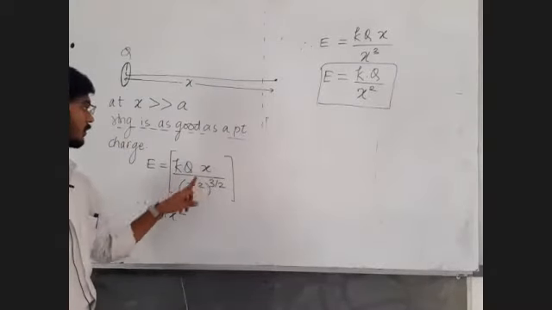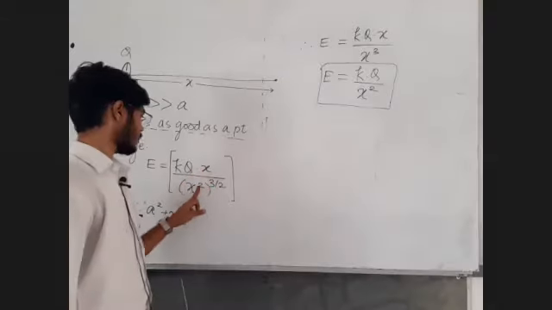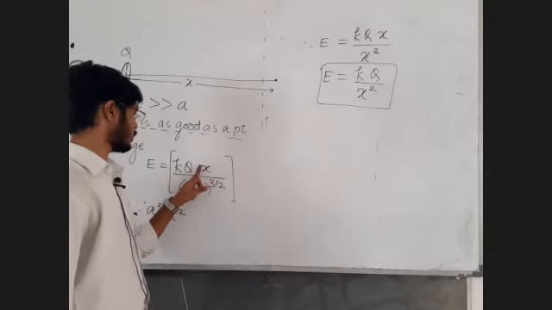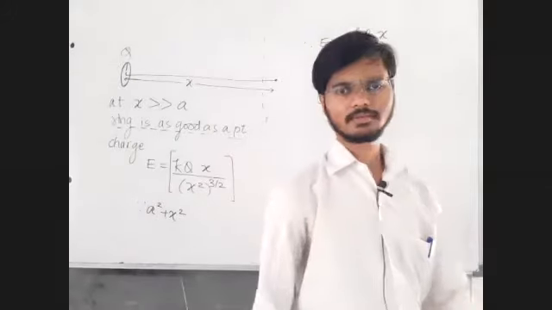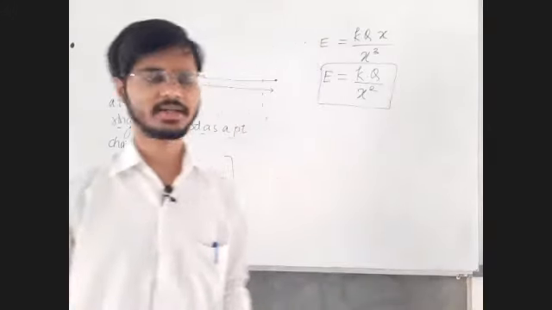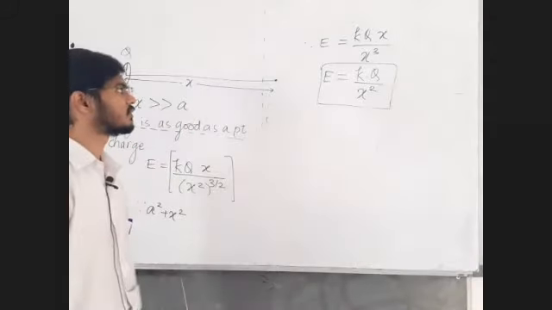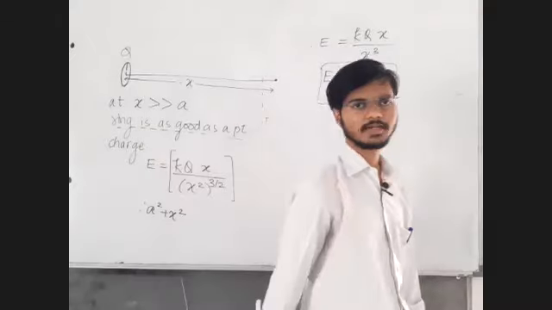Here the answer is going to be: limit x tends to infinity means x upon x cube, and that has to be equal to 1 upon x square. Okay. So do not bring in the concept of limit unnecessarily. Not required. You can do that, but not required. We can take the finite value of x, but that finite value is very, very large compared with the e. That is enough.